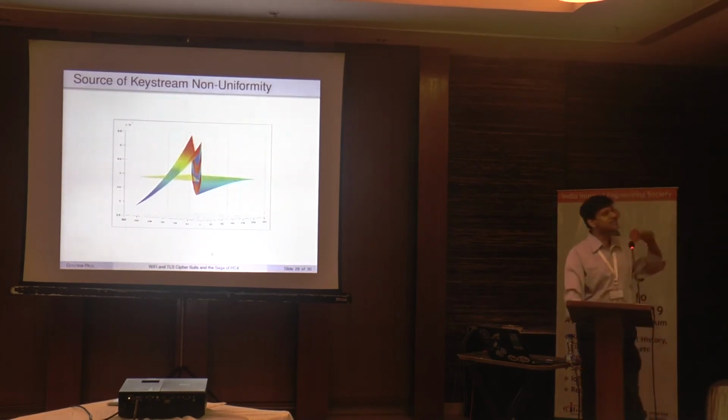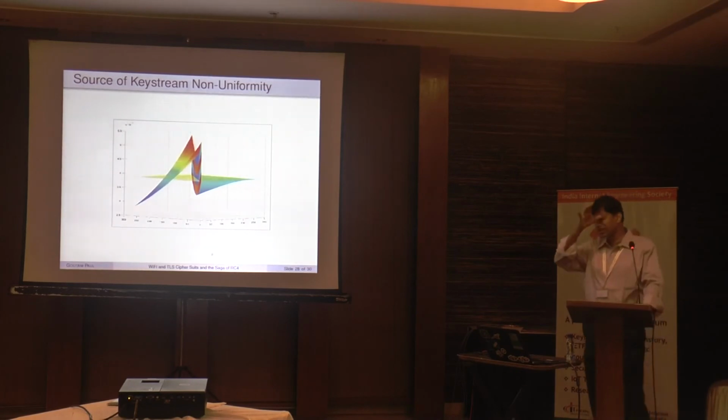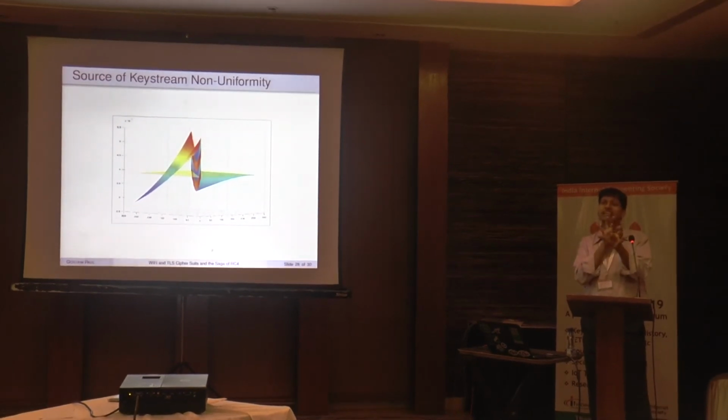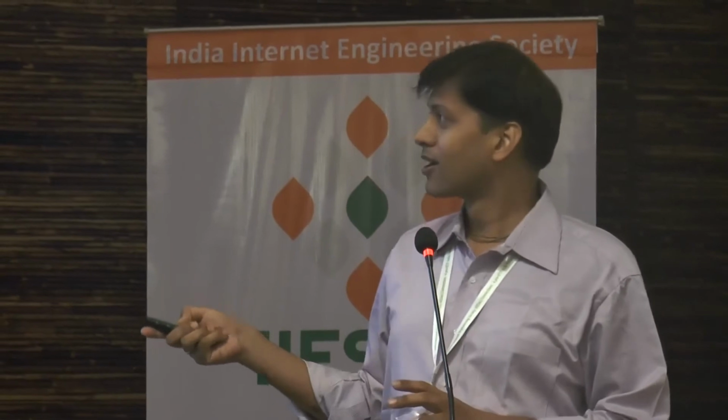From the algorithm design point of view, I also looked into how to rescue RC4, and I showed that if you keep the same output generating algorithm but only change the key scheduling part, how the key is being mixed internally, and add a few extra steps with very little overhead, then you can make this distribution close to random.